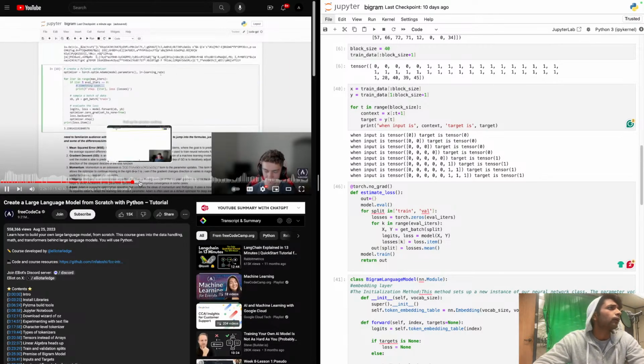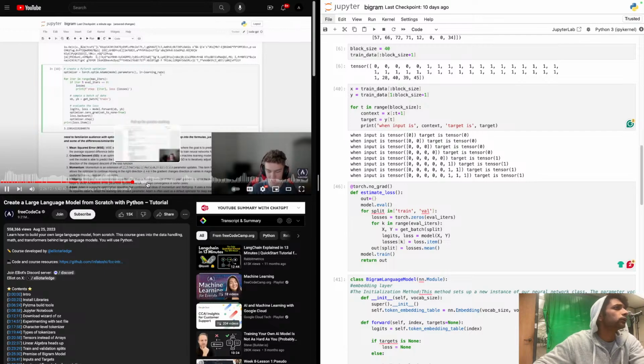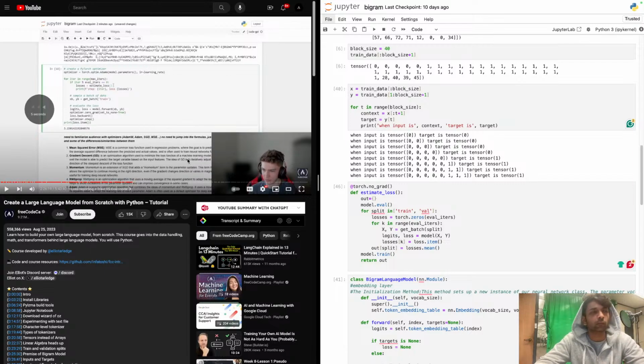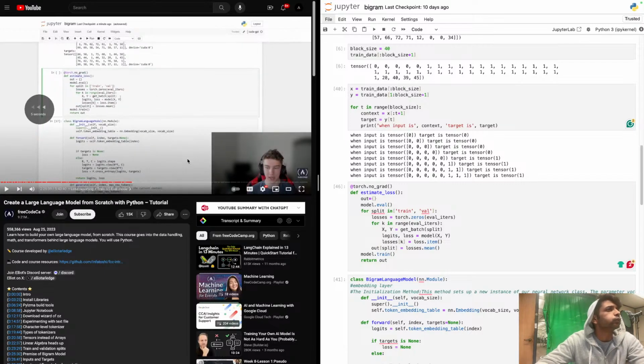So something like losses is equal to estimate_loss, and then we can go ahead and put